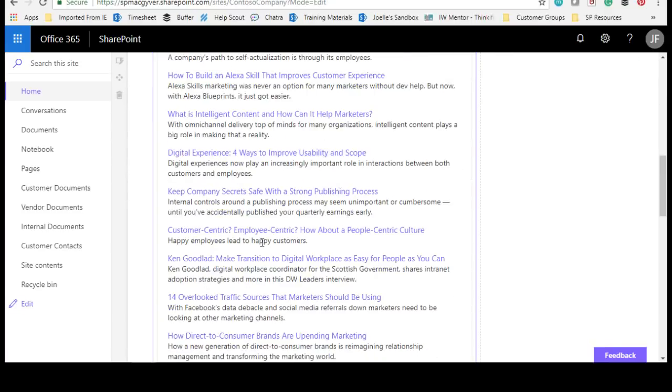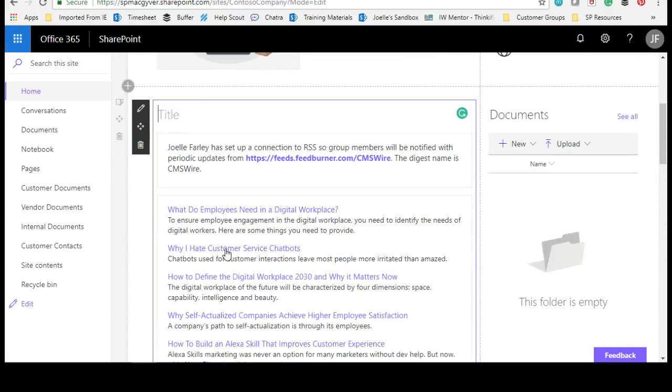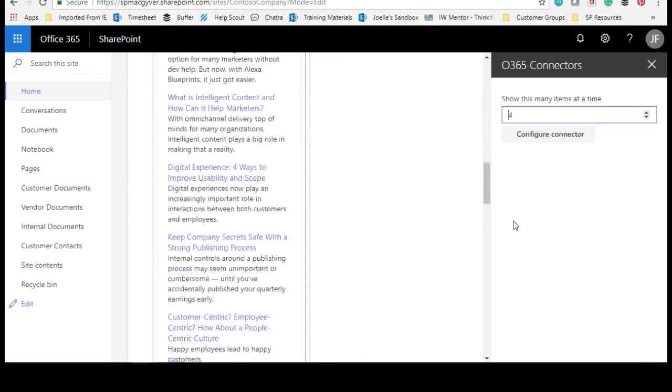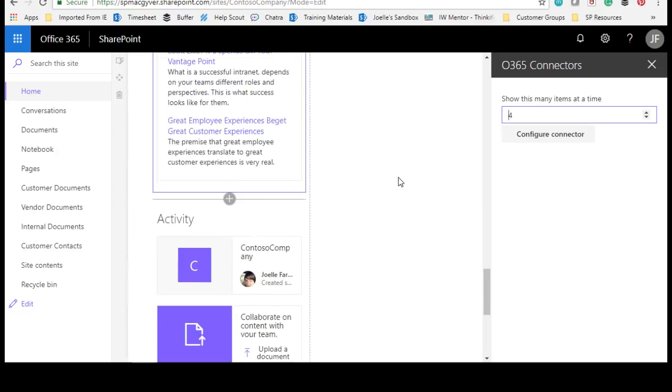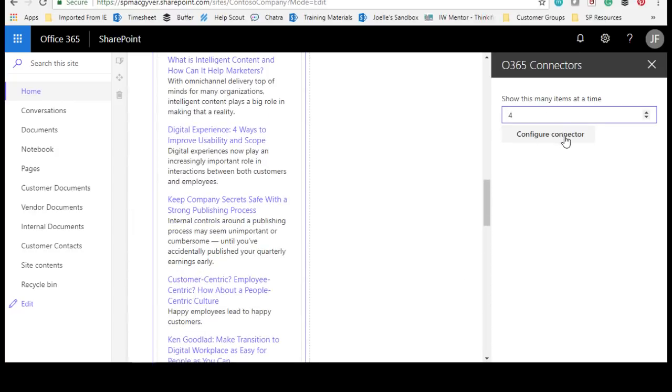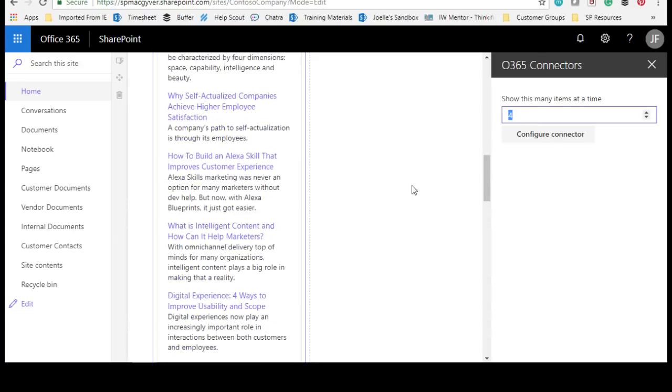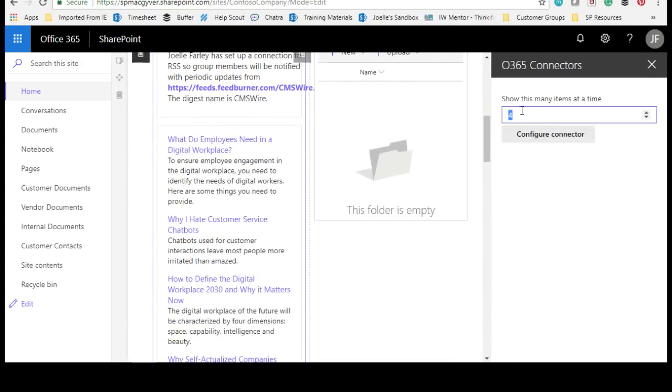One thing I did notice, this is just specific to the RSS, and I'm not sure if it would change with some of the more advanced ones like Salesforce and things like that. With this RSS, I didn't really have, oh, no, it actually showed this many items at a time. Now it's letting me do it, because I noticed the other day that it didn't have this option, didn't allow me to pick items. But it says 4, and it's showing me a lot more than that, so that's kind of